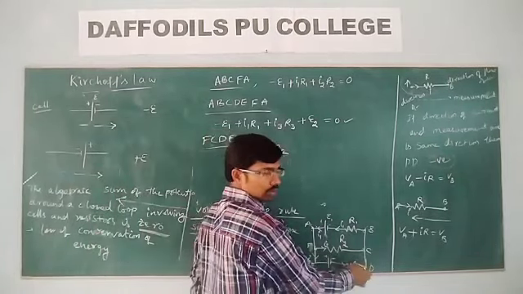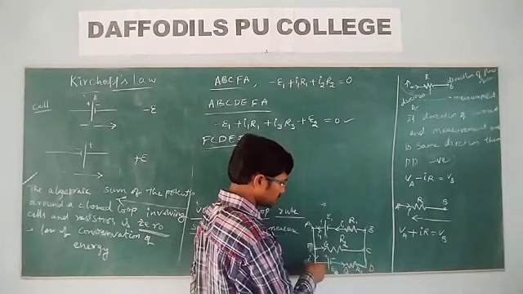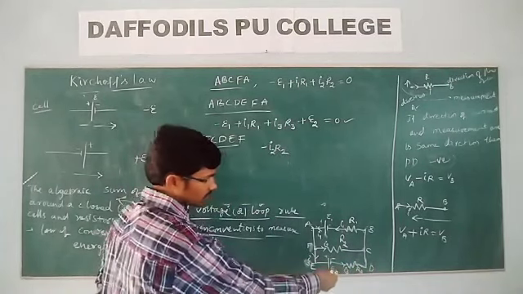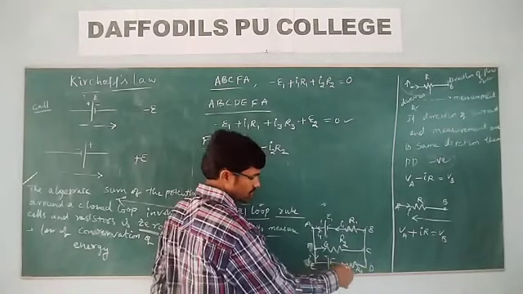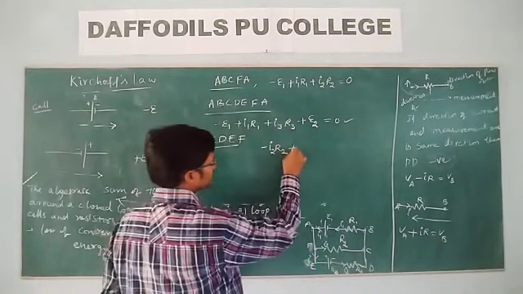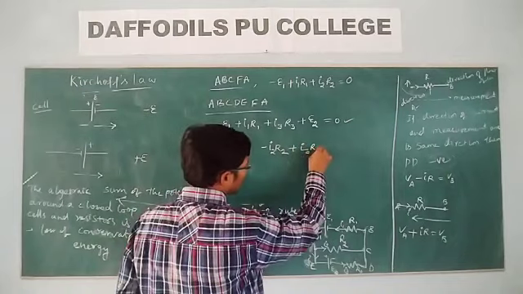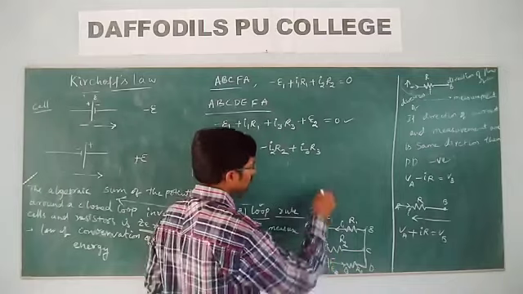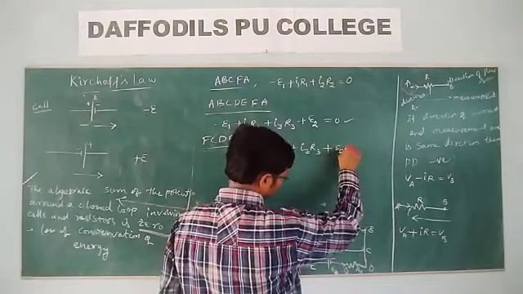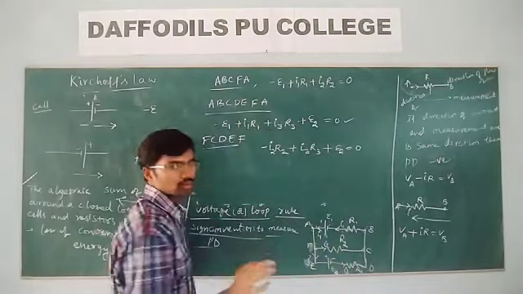Now from C to D, no component. Again from D to E. So what do you have from D to E? The current direction is opposite; we are measuring from D to E. So that is plus I3 R3. Now first we get a negative, next positive. Therefore plus E2 is equal to what? 0. E2 has no component.